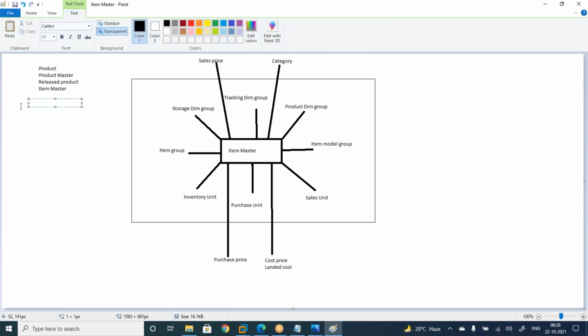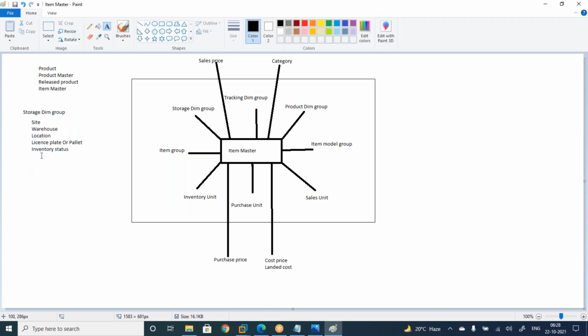Storage dimension group means site, warehouse, location, license plate or pallet, and inventory status. These 5 are available in the storage dimension group.